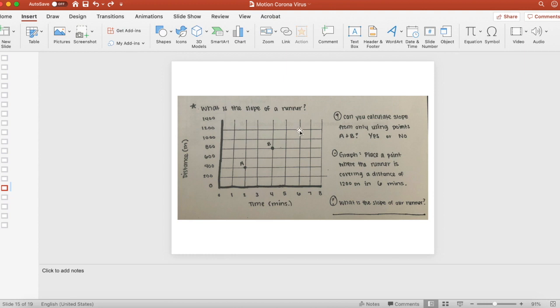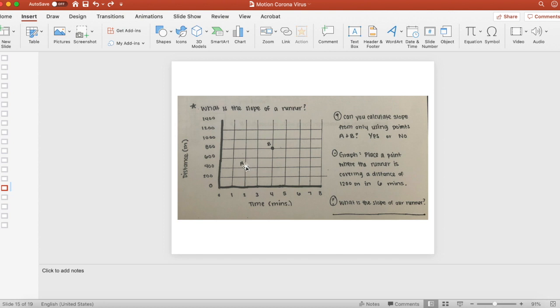So your next dot should be right there. So we would calculate the slope of our runner by looking at only 2 of those points and figuring out how much is the rise, what's the amount that they are going up by, and then how much are they going over their run. So if we look at points A and B,